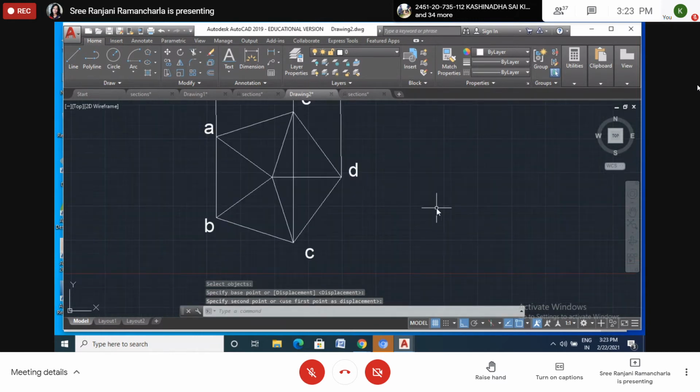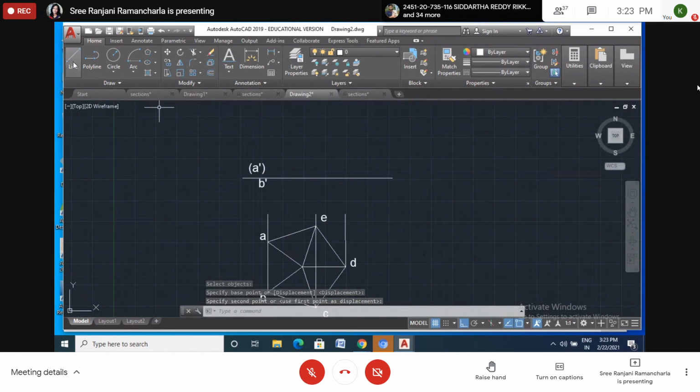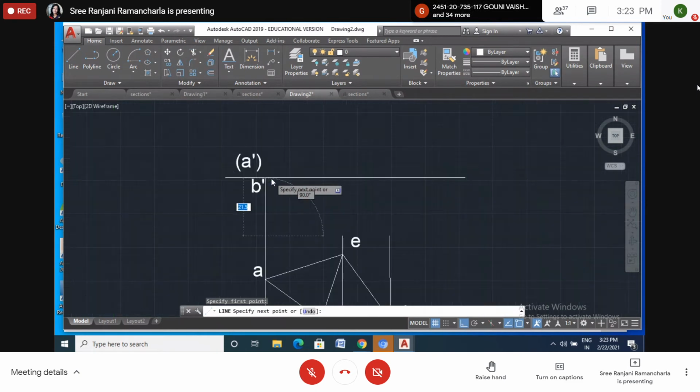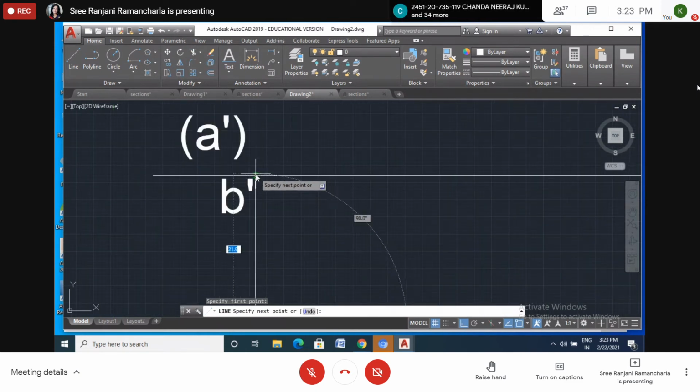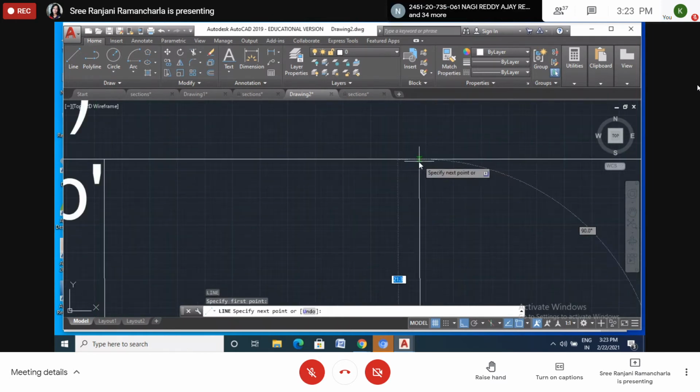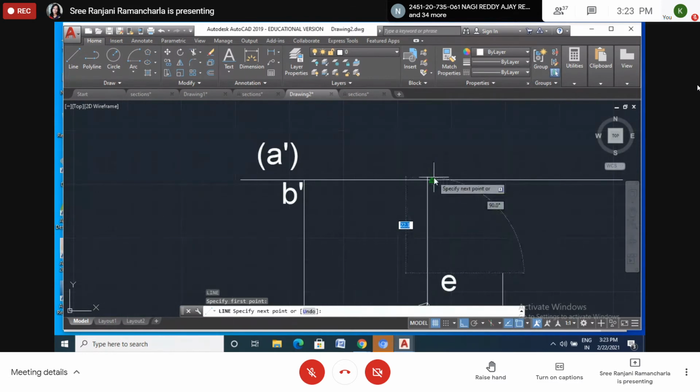Now I will project this, I will extend these lines here. No need to give the extend command because we already have auto mode here. See here, again it's showing the center line, so don't go there.